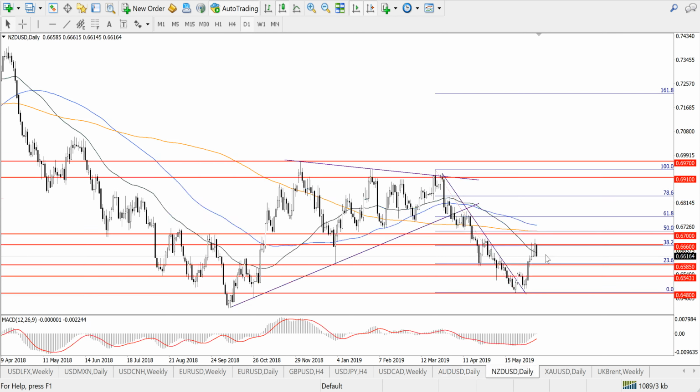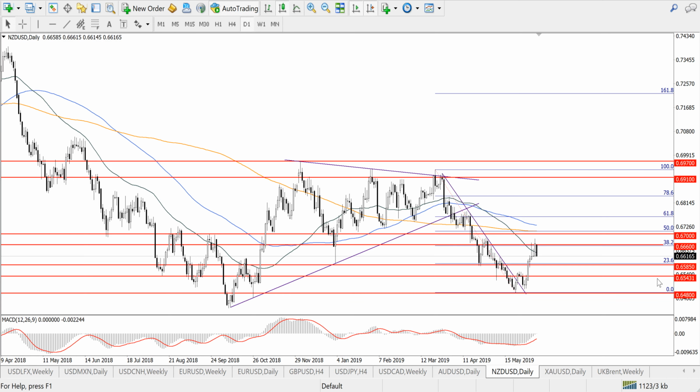As for the New Zealand dollar, here the way up is also rather complicated. We see that the pair met resistance around 0.6660. There are more strong resistance levels just above 0.67, the Fibonacci level, the moving averages. And as for support, it should be located around the lows and Fibonacci at 0.6585. As long as we stay above this level, the pair will be capable of turning back up and testing 0.6660. Below 0.6585, we'll have the next targets around